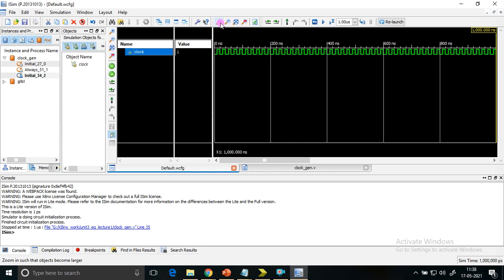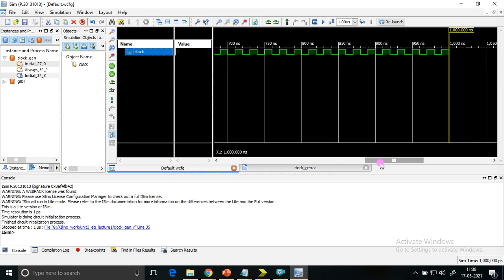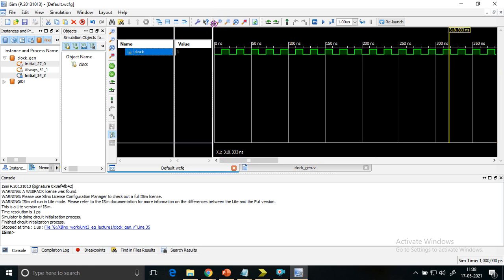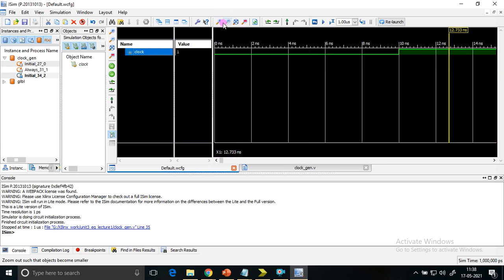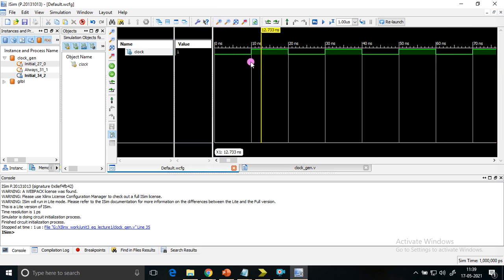You can see here at 0 nanoseconds. I'll just zoom it a bit. Yeah. From 0 to 10 nanoseconds, it is staying 0, 10 to 20, it is staying 1, 20 to 30, it is staying 0, 30 to 40, it is staying 1.